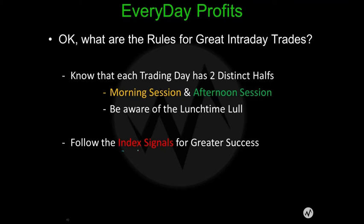Now, remember what I said? I showed you the very first chart, and I said this is in the QQQs, but I took the trade in individual stocks like Priceline and Google. It still follows the case that I pay very, very close attention to the market, whether it be the NASDAQ or the S&P or the Russell. But the majority of the time, I'm always looking at the S&P, and because of the stocks that I trade primarily